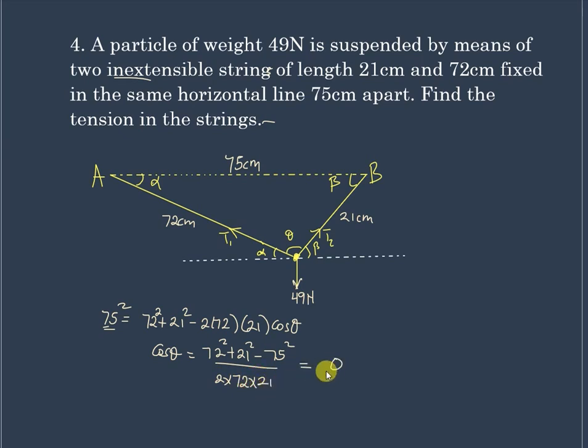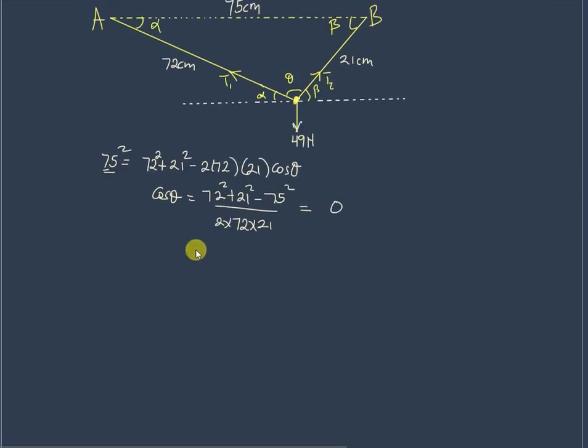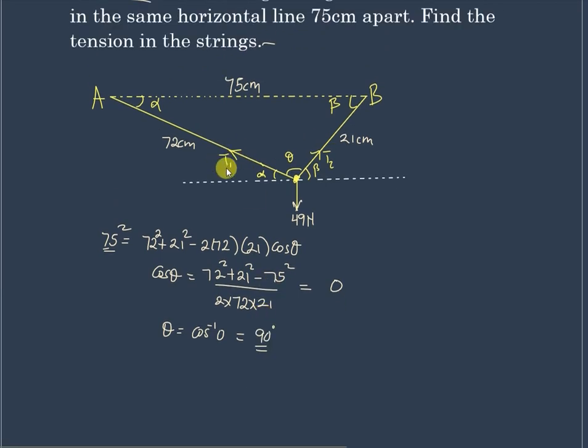When you work out this, you are going to get a 0, and you shall see that theta is the cos inverse of 0, which is equal to 90 degrees. So 90 is the angle between the tensions involved. They are at right angles to one another. So we need to get